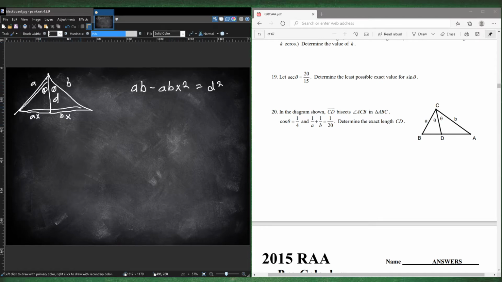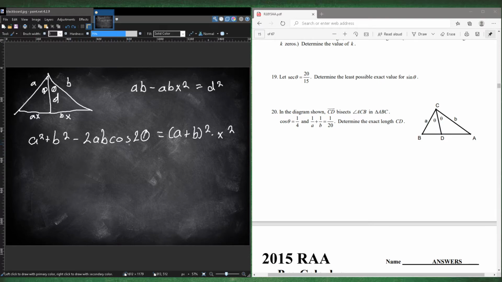So, well, we could now focus on this entire triangle by itself and use the law of cosines, which is a squared plus b squared minus 2ab cosine of, not theta, it's 2 theta now because it's the entire triangle, is equal to ax plus bx squared, which is also just a plus b squared times x squared. So now we have